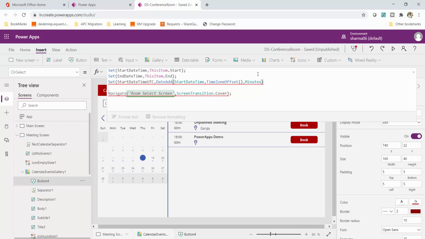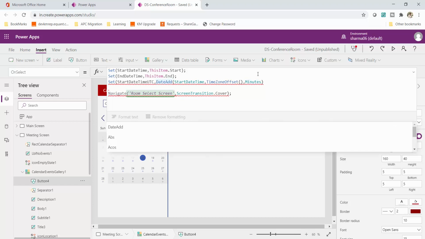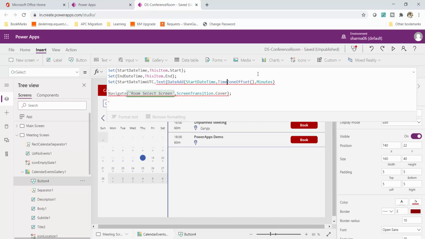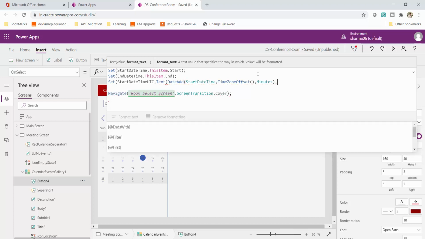Now what I want is the date as text. So how will I get it? I will convert this entire function to text. I'll use this Text function, and this will become my input value. This value has to be converted into text, comma, and I need to add certain parameters to convert it into UTC.